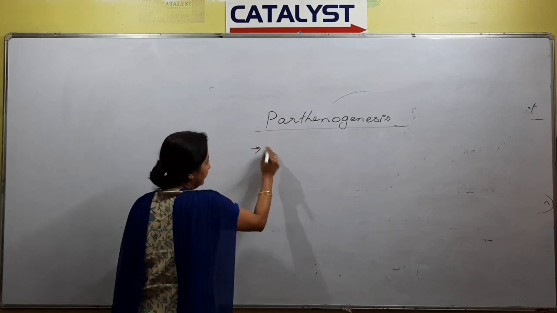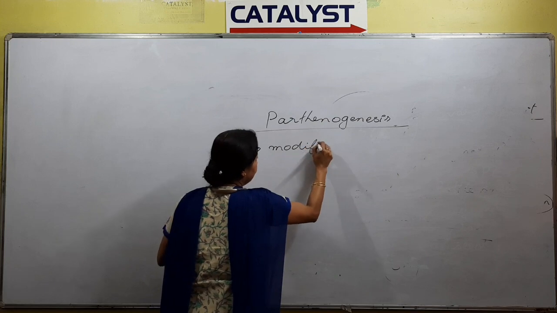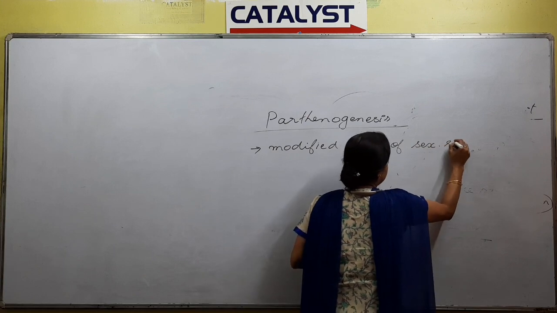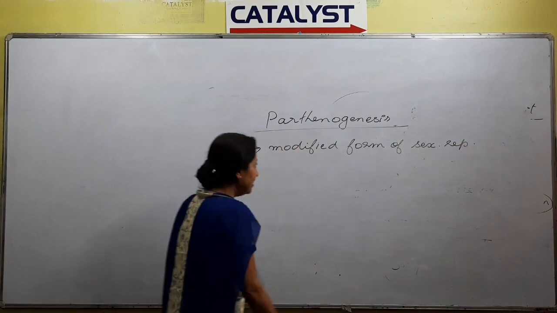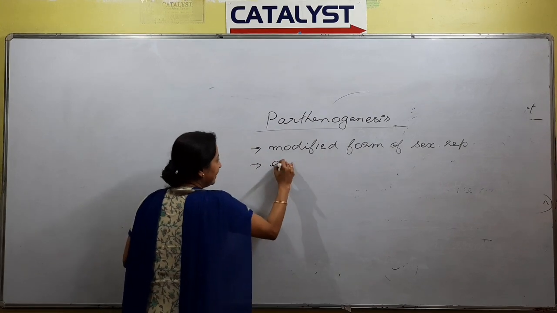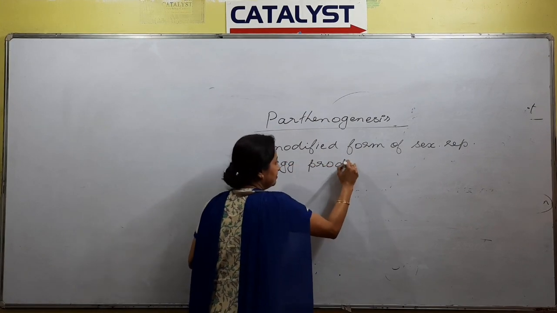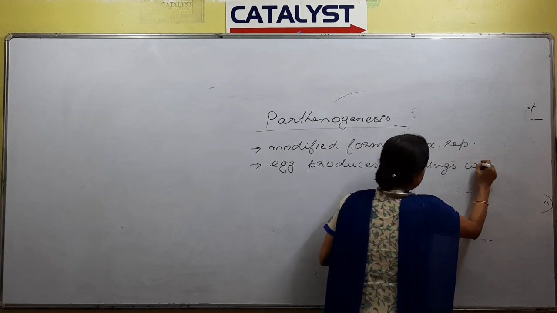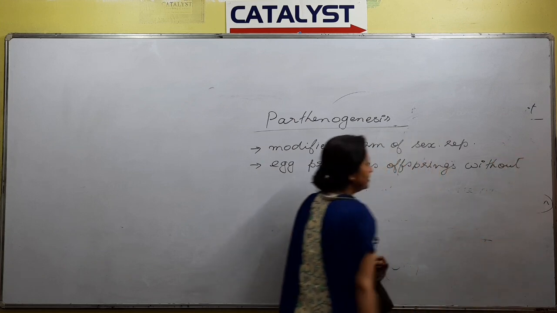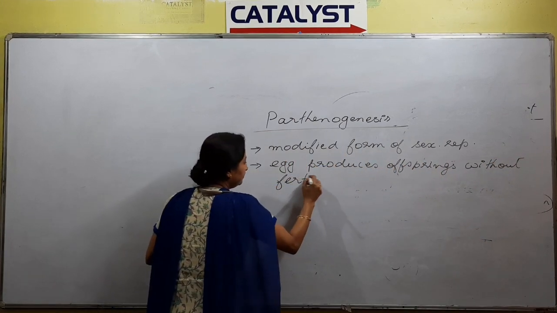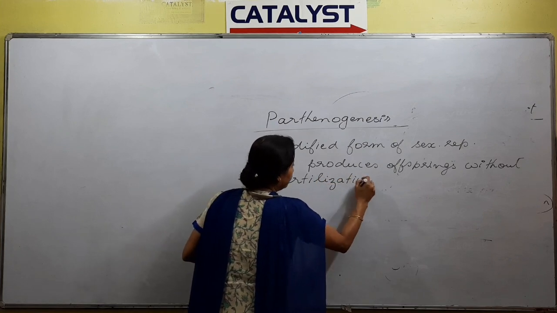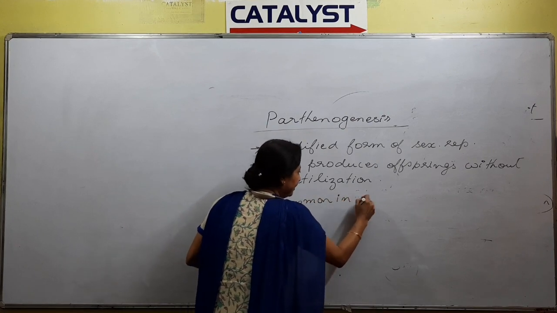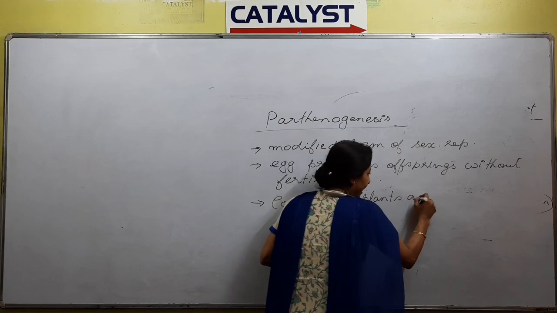Right? What is parthenogenesis? It is a modified form of sexual reproduction, or modified version of sexual reproduction. What happens in this process? The egg produces offsprings without fertilization. Right? It is common in plants and animals,